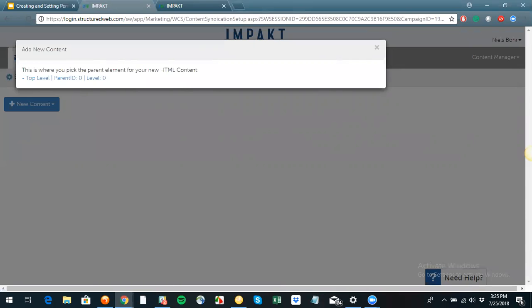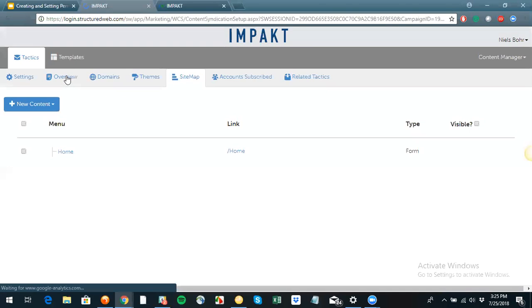This is a good step to, when we're choosing the levels of our pages or forms. It's always good to know that if it's a parent page, it has to be top level. This basically means that it's going to be the first page that points to the website. If you want a sub page, you can go. Well, we don't have the option to actually have a sub page right now because we only have one page